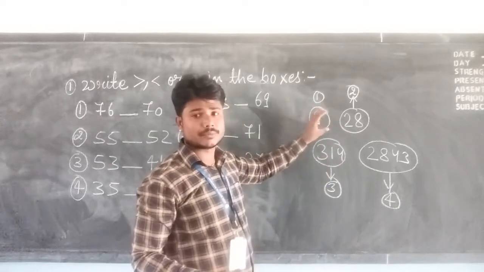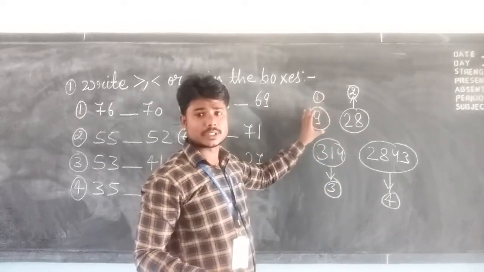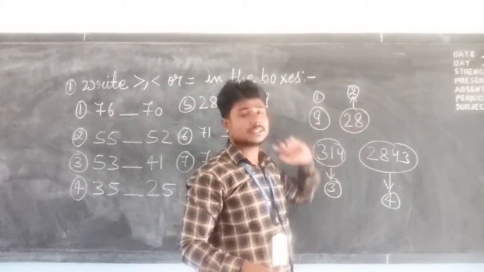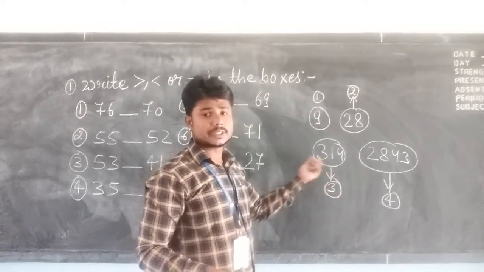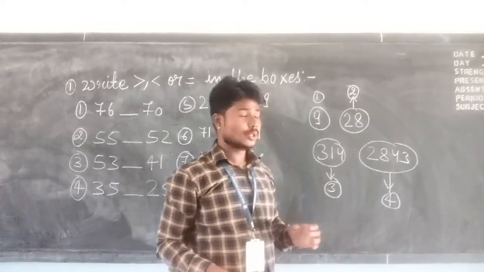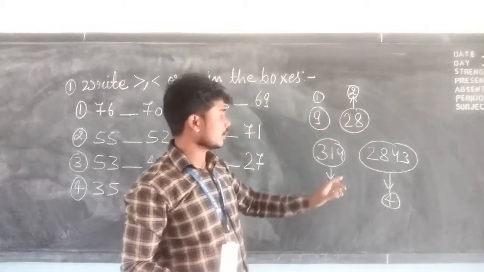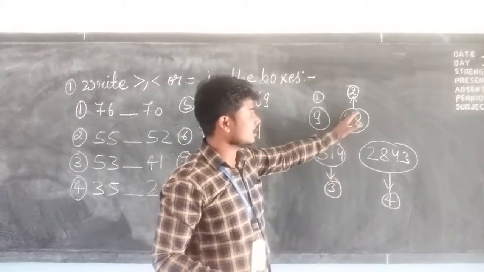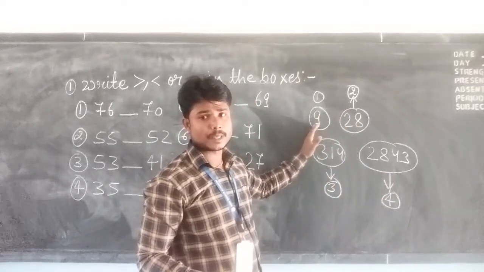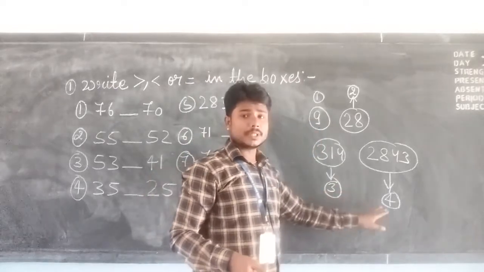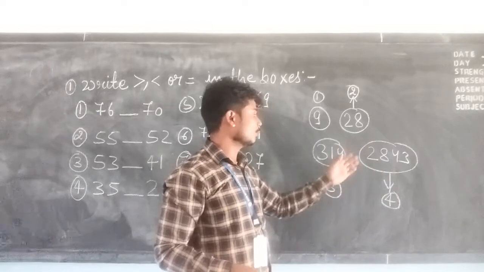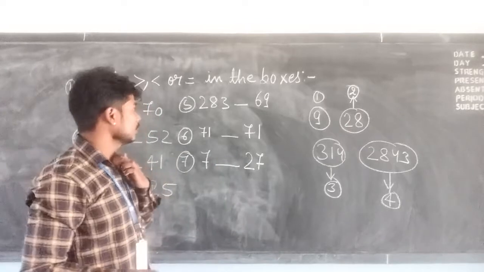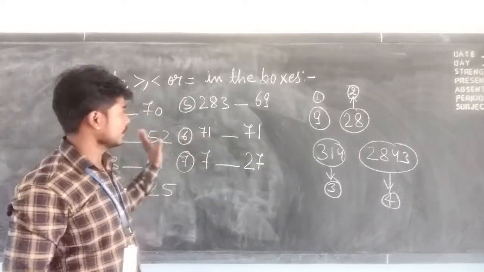If one number is given, it is called a single digit number. If 2 digits are given, that is called a 2 digit number or double digit number. This is a 3 digit number. This is a 4 digit number. So, out of these four, which one is bigger? This 4 digit number is bigger than a 3 digit number, 2 digit number, and single digit number. So, always keep in mind the number with more digits will be bigger than the number with fewer digits. So, in comparison of numbers, first we have to find out the number of digits given in the numbers.